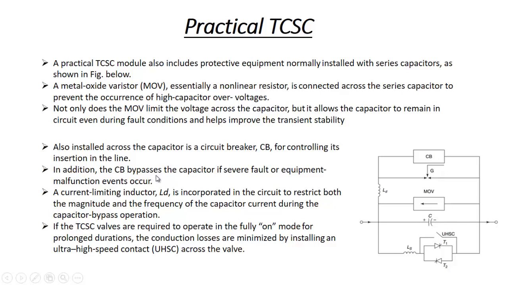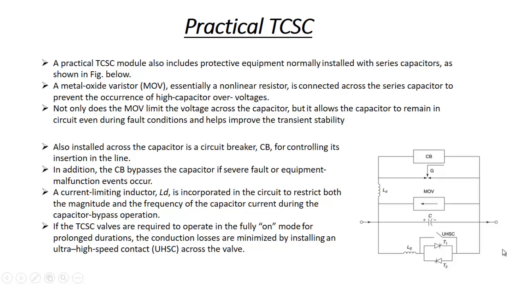In addition, the circuit breaker bypasses the capacitor if a severe fault or equipment malfunction event occurs. So if a fault occurs, this is closed, and the fault current will flow through this, so the capacitor will be prevented from being damaged. And this LD is in that case connected in series with this so as to limit the fault current. If the TCSC is required to operate